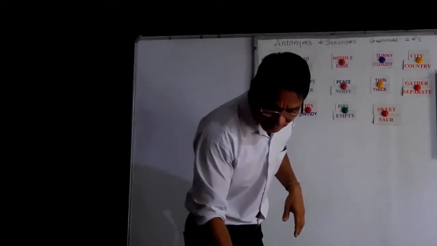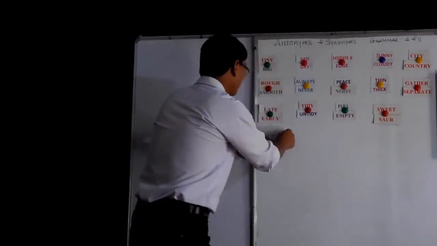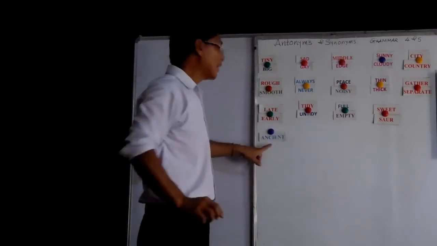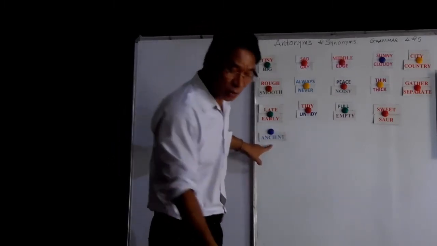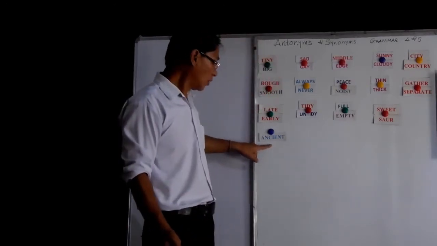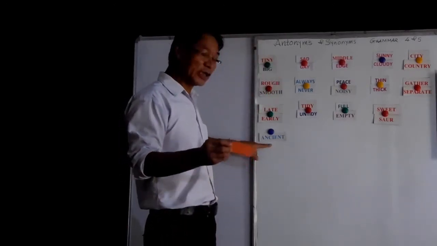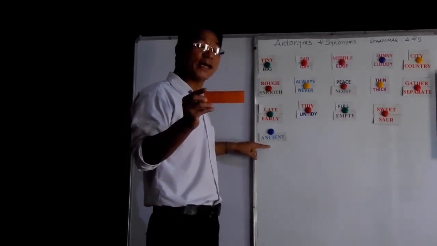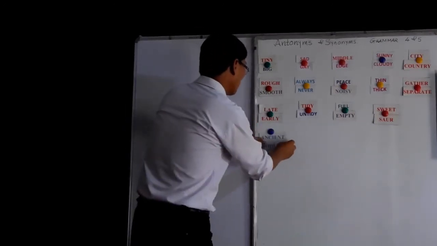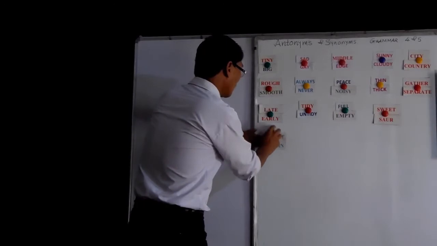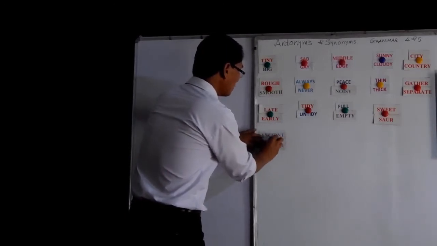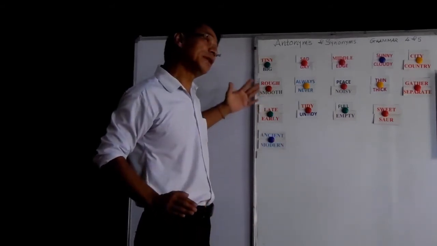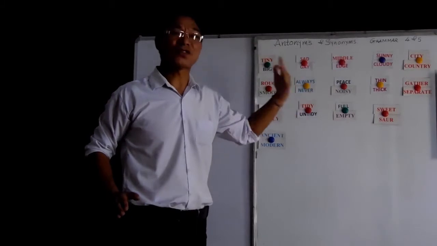Next one is ancient. I have the next word here. Ancient. Now ancient means old. Ancient means old. The opposite of ancient should be, do you know what, children? It should be modern. Ancient and modern. Adhunik in Nepali. Old, or you can say new also sometimes in simple language. So ancient and modern. Ancient could be a long back, 20 years back, 30 years back.